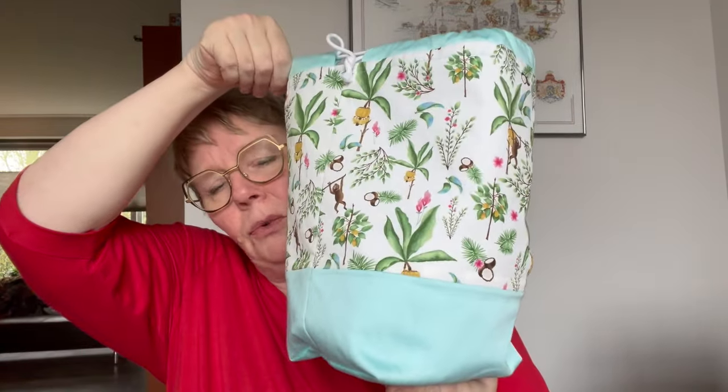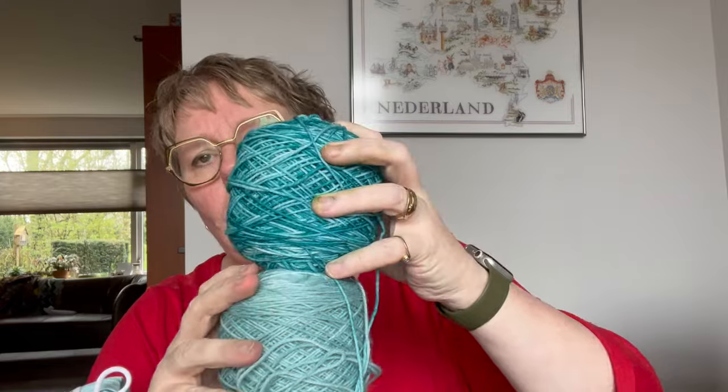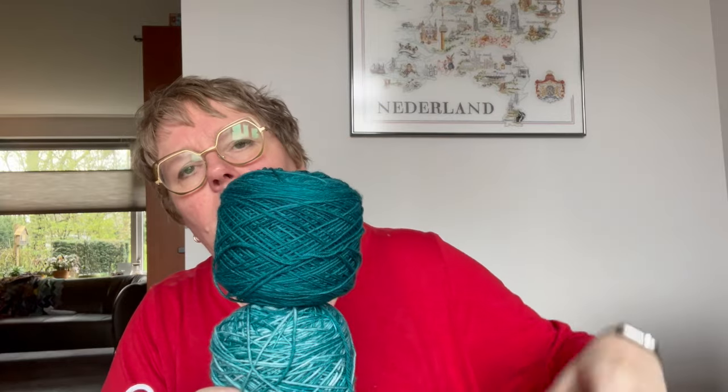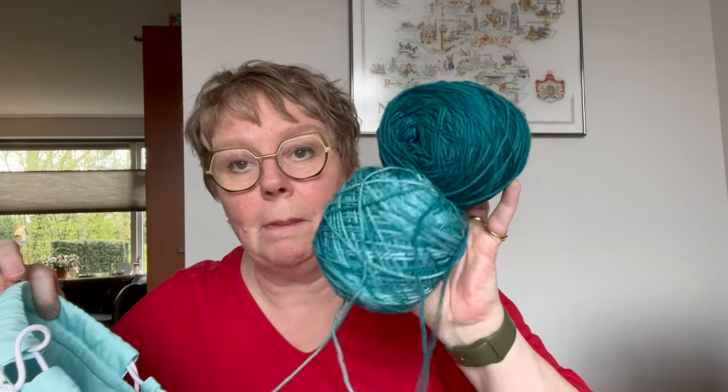It's living in my new bag that Esther made for me because I thought it was nice and matching with the colors of the yarn. And this is my color A, my color B, C, and this is my contrast. So this is my palette. I am currently knitting with colors B and C,